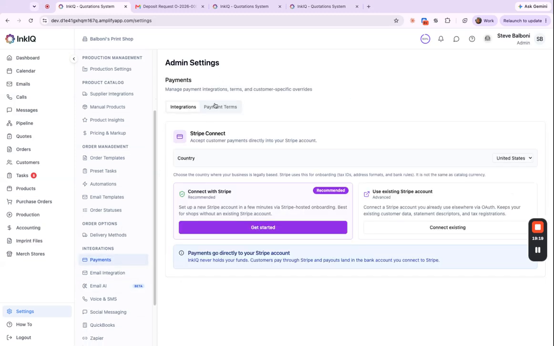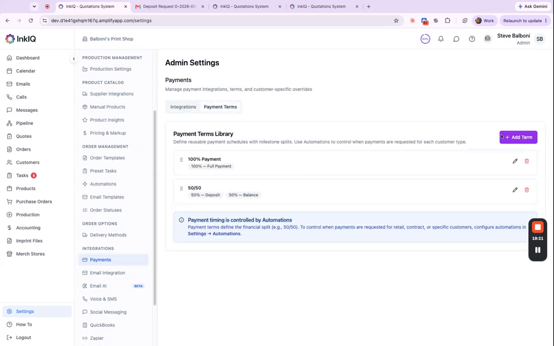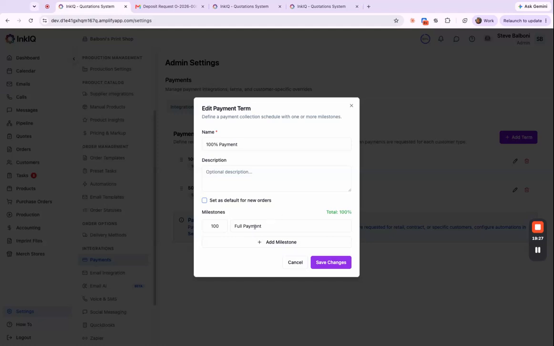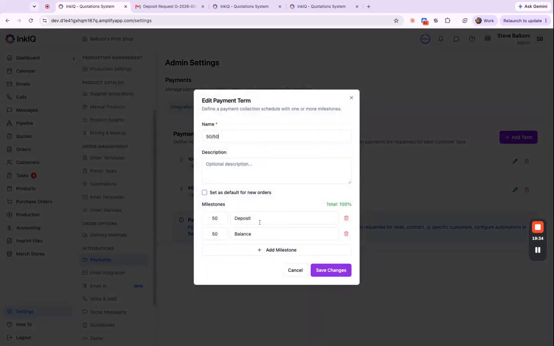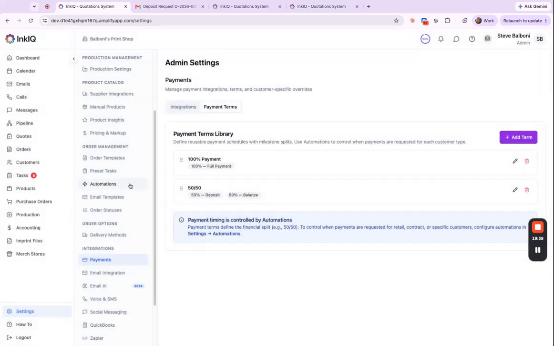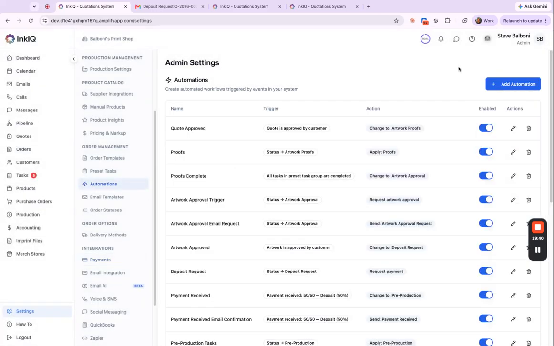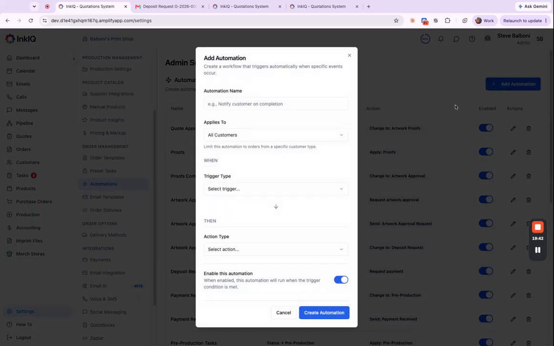So over in payments, you'll go to payment terms. You'll start by configuring your different payment terms. So in our account, we have a 100% payment term with a full payment milestone. And then we have a 50-50 term with a 50% deposit and a 50% balance. We'll then head over to automations and create an automation that